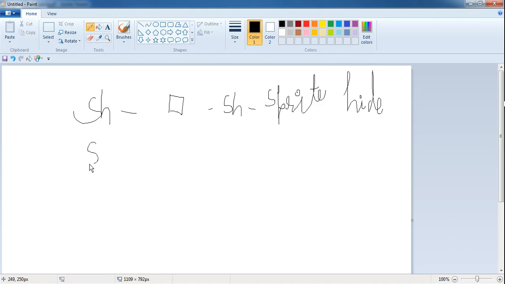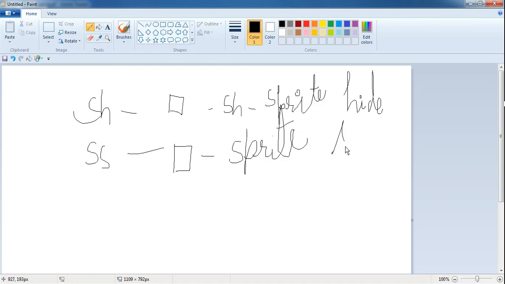Ss is the reciprocal. You can say that it is the opposite of sh. It will show the kturtle on the screen. Sprite show. Clear?